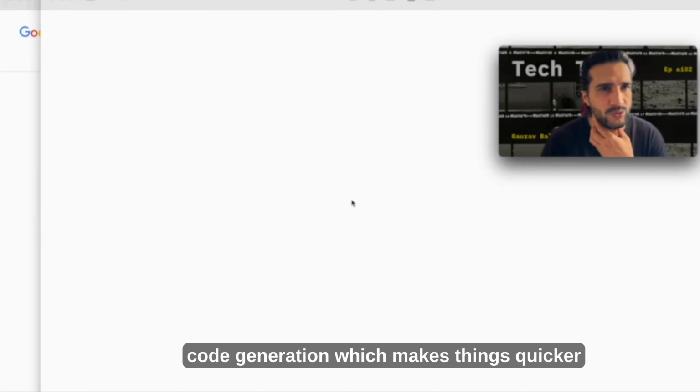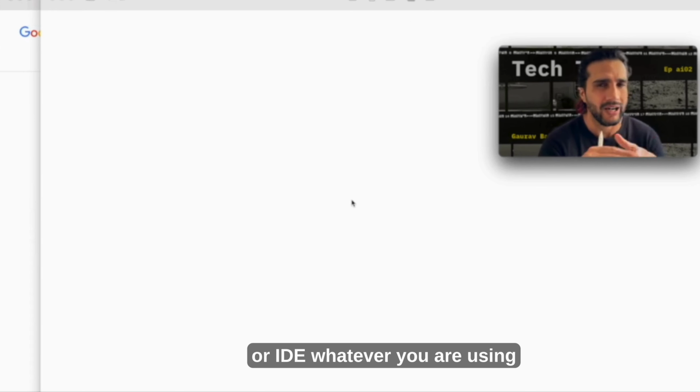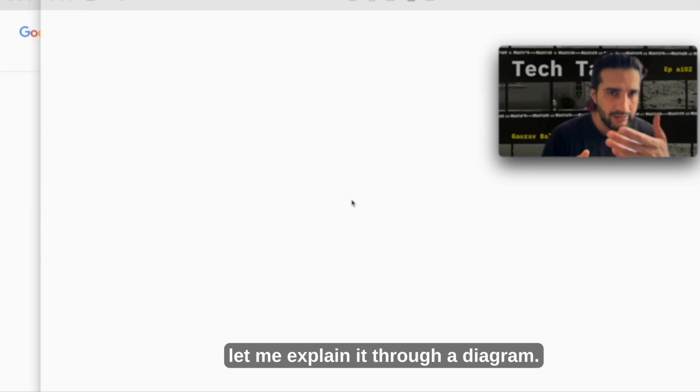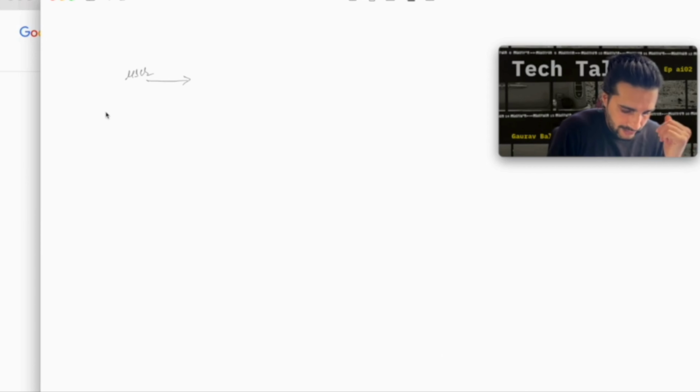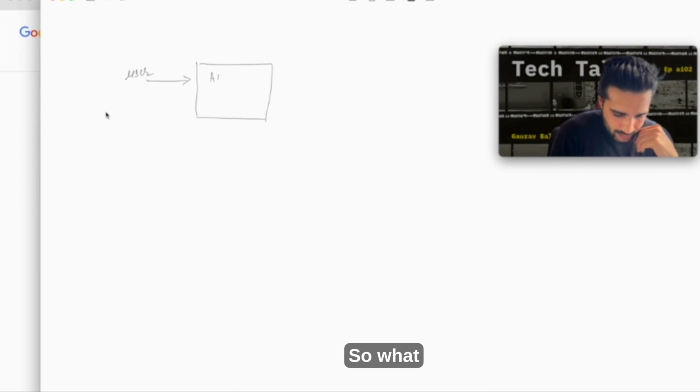And coming to the Cursor editor or any AI editor, so it's good. It has inbuilt prompting and code generation, which makes things quicker. But the difference is minor. It's just like having an integrated assistant inside your editor or IDE, whichever you are using, rather than using Copilot or ChatGPT separately. Well, let me explain it through a diagram. So you are here as a user, and this is your AI editor. So what is an AI editor? You will pass your prompts here. Then it will connect to